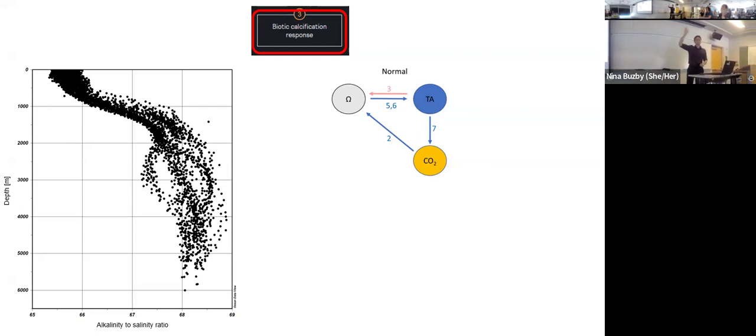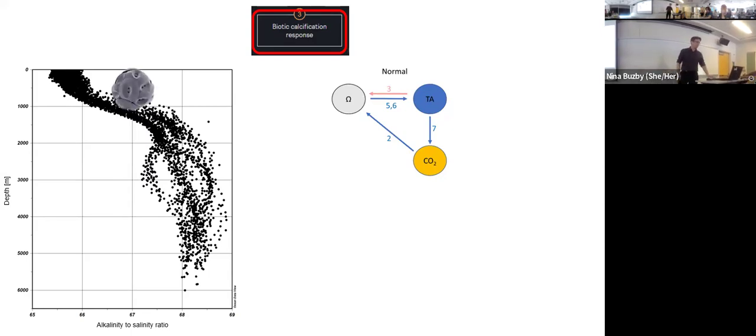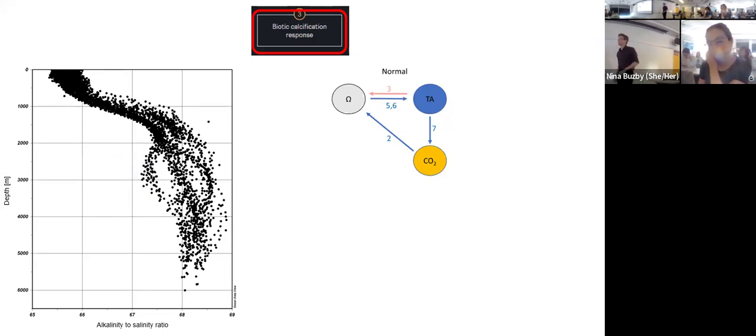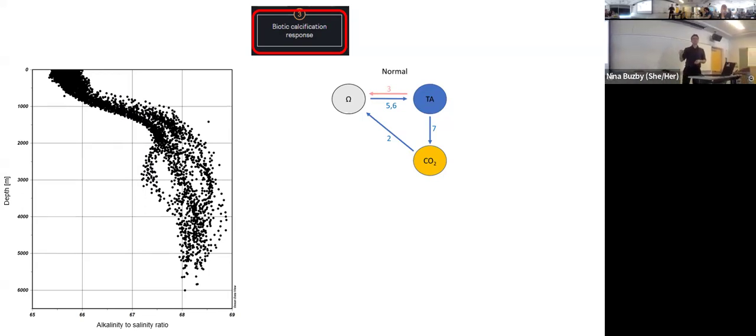The point that I'm making here is, generally speaking, as you move down through the ocean, the alkalinity in most places increases. The reason why is you have organisms that make their shells and hard parts out of calcium carbonate. They live their lives in the surface ocean, and then they die, sink, and release that alkalinity into the deep ocean. So there's a natural pump called the hard tissue pump of the alkalinity from the surface ocean into the ocean interior. And that tends to create this kind of natural gradient. That means that the surface ocean is naturally somewhat depleted in alkalinity relative to what it would be in the